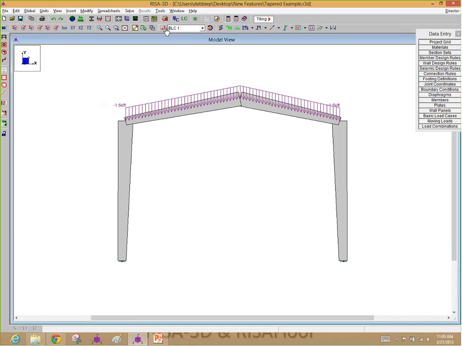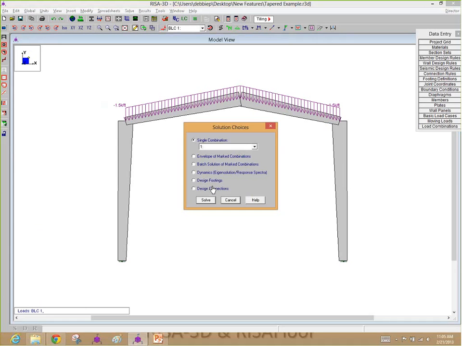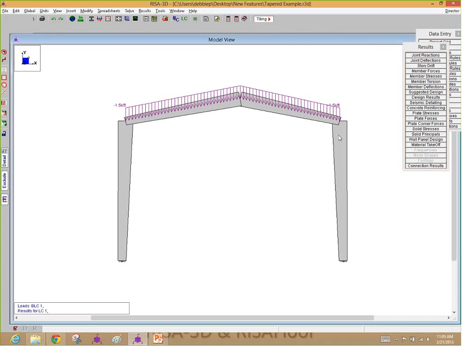Let's just quickly see. All it has is some line loads on there, and I'm going to solve that, and we'll just create some solution here. And what I really want to show you is some of the enhancements here. If I click on the detail report,